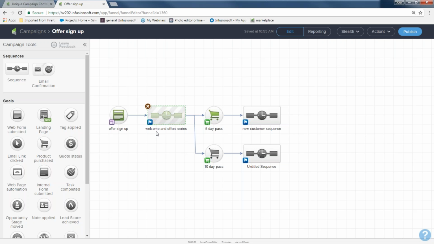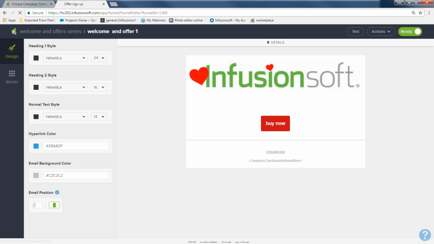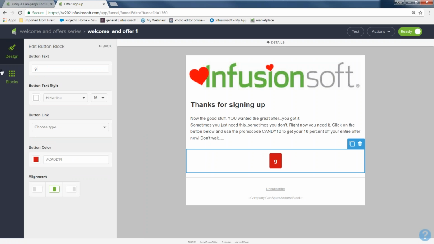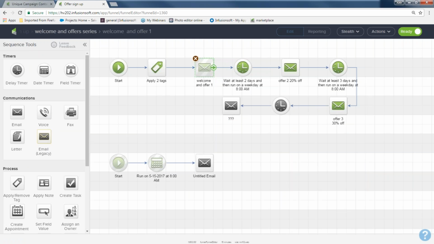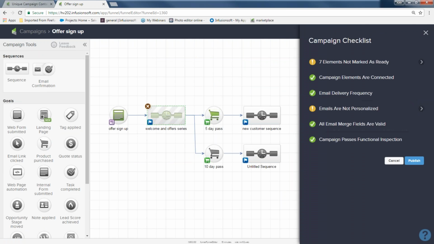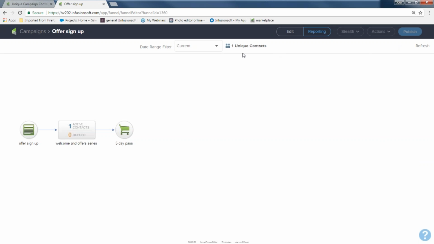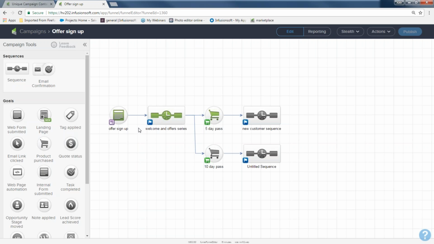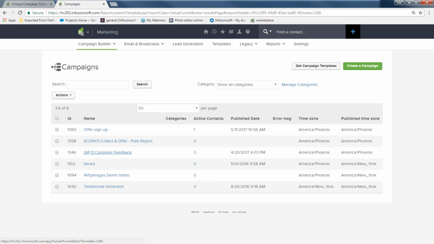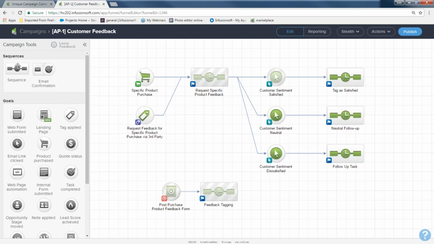This is called Welcome and Offer Series. So I go and make the changes here. I'm going to change the Buy Now button. Republish the campaign, because it will not pick up the changes until you republish it. This is called Welcome and Offer Series. So if I go into another campaign and I want to copy that same sequence,